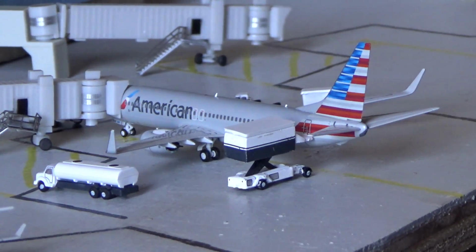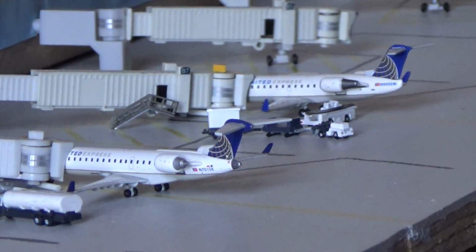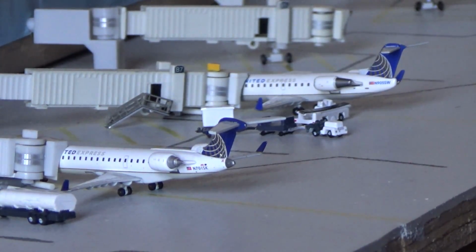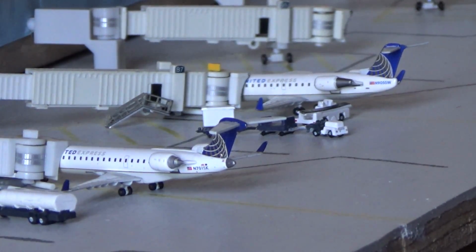But yeah, the American 737 sent back to Dallas-Fort Worth. Very happy with the NG models one, and I'm really glad I got it. And down the line at the United section on the south side of the concourse, we have 2 Bombardier aircraft, or Mitsubishi, I'm not even going to try anymore. I tried my best. First gate, we have the Bombardier CRJ-700 operating for United Express, or I believe SkyWest,